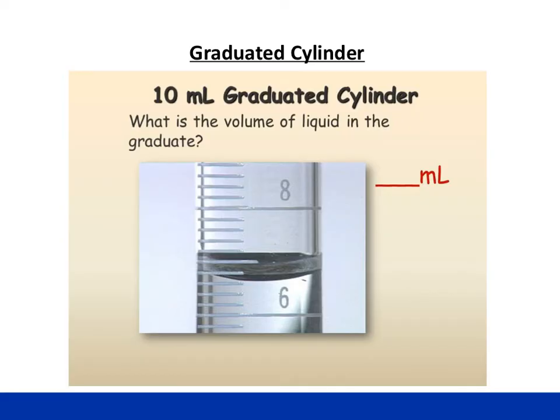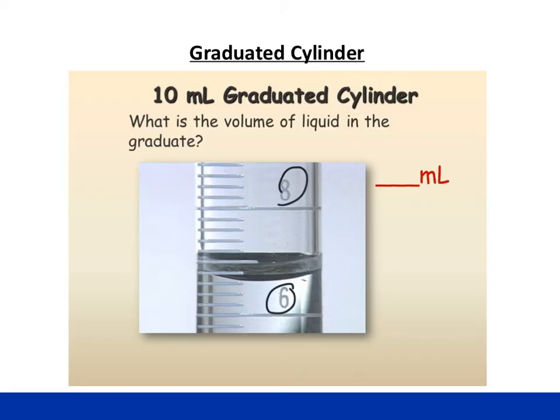When using a graduated cylinder, it's very important you pay attention to the gradations, or the markings, on the graduated cylinder when we try to determine a measurement. When we look at the snapshot of a graduated cylinder, you should notice a couple of things. First, we have 2 labeled markings. The 6 milliliter and the 8 milliliter markings go all the way across the graduated cylinder. No other markings are specifically labeled.